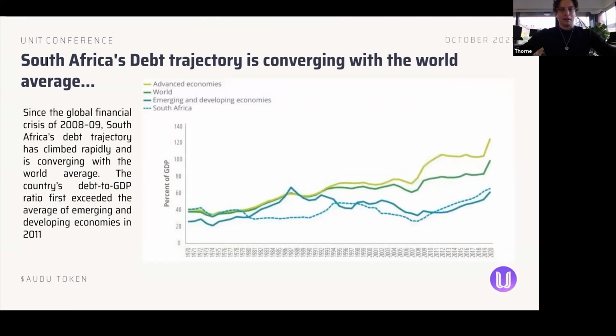So this is again where we get to see the concerning elements of what's actually happening with the wider economy of South Africa, and then also here you can see how that actually relates to the global trend of government debt. We had this pandemic basically kick off 2019, 2020, and we can just see everything start to skyrocket here. So we're definitely headed towards a very interesting and potentially concerning time as well. All I can say is it's just going to be a very, very interesting time.